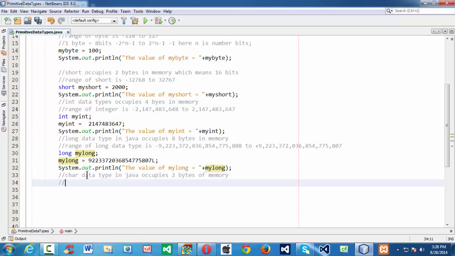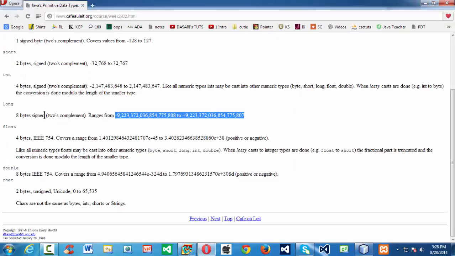The range of the char data type is 0 to 65,535. Okay, so 0 to 65,535.